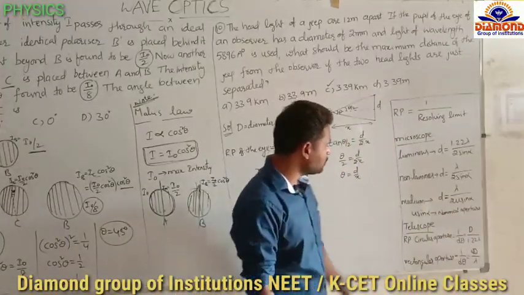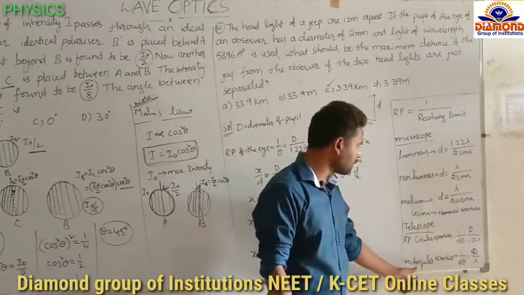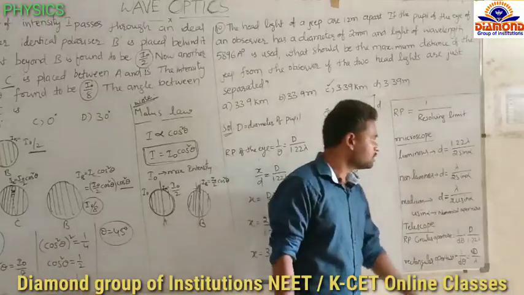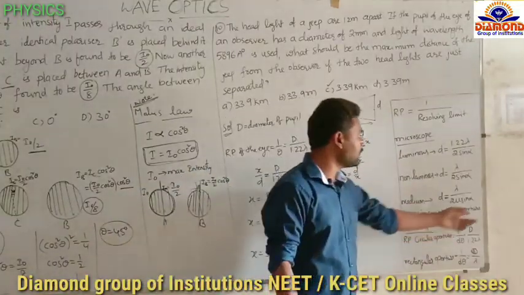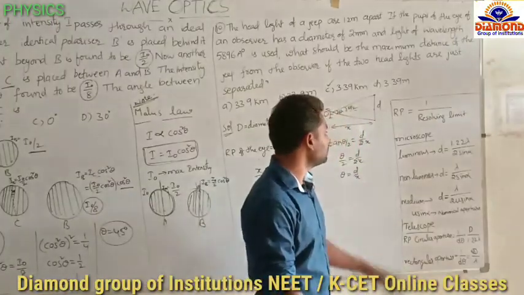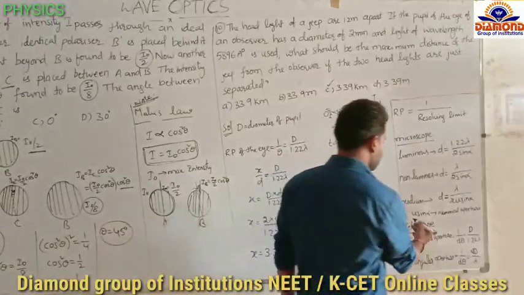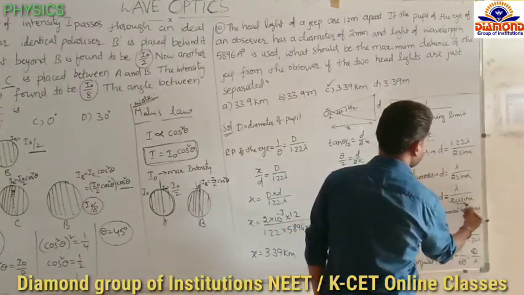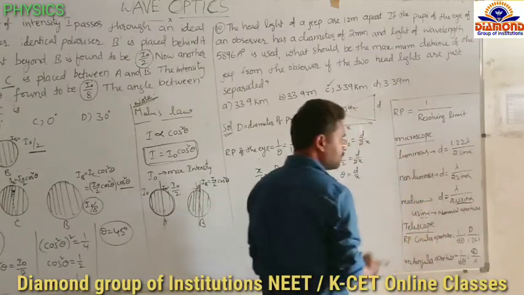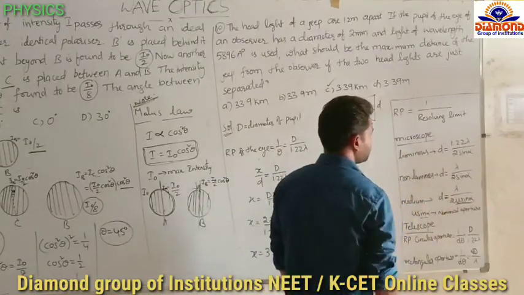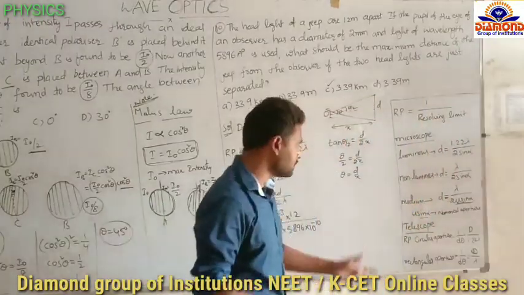For the telescope, the resolving power, if a circular aperture is there, the formula is this one. If a rectangular aperture is there, the formula is this one. So remember these formulas. Sometimes they may ask, if the numerical aperture increases, what will happen to the resolving power and the resolving limit. See, if mu sin alpha increases, this d decreases. d is nothing but the limit of resolution. If the limit of resolution decreases, the resolving power increases. So based on that they will ask.